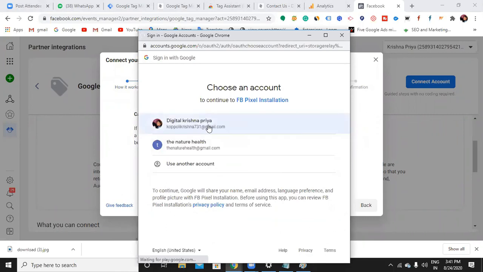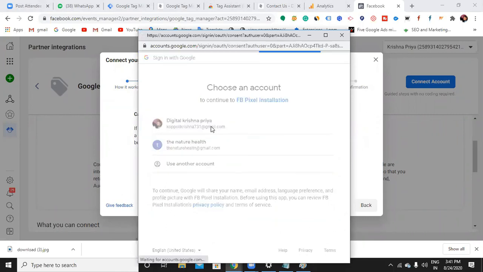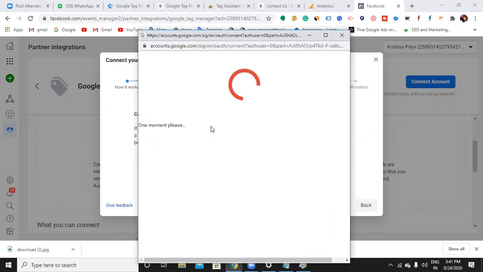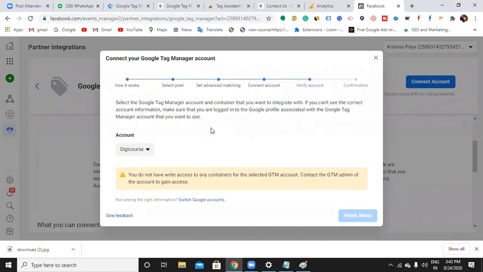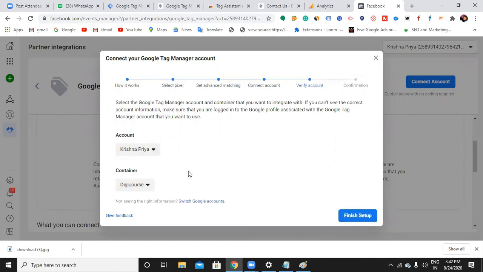So choose an account to continue. You do not have right access to any containers from this report only. Okay, Krishna Priya. Finish setup.